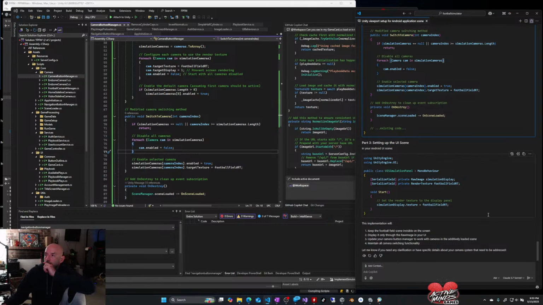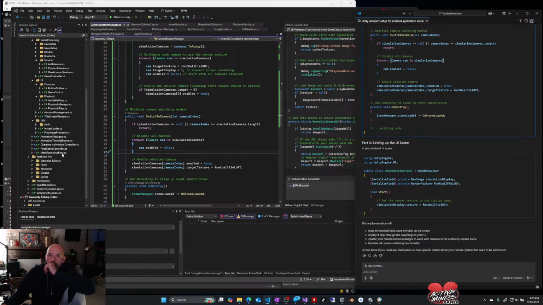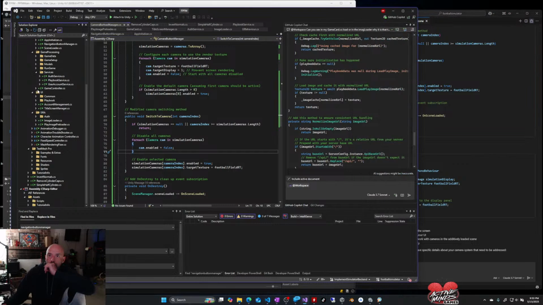Okay, so now we have to go back up to part 3, setting up the UI scene. In your Android scene, UI simulation panel. Do I have a... I have a UI field. Playbook. Add simulation. And then